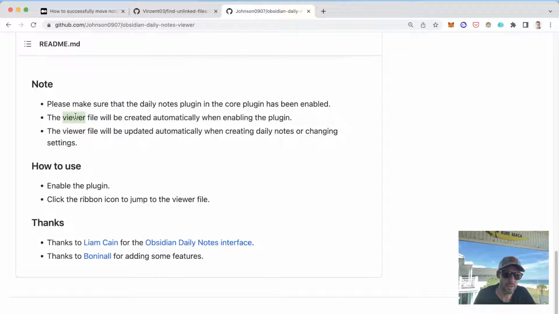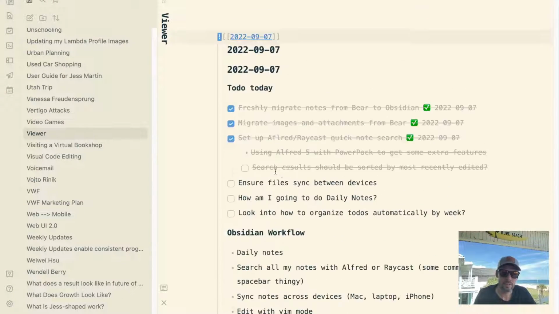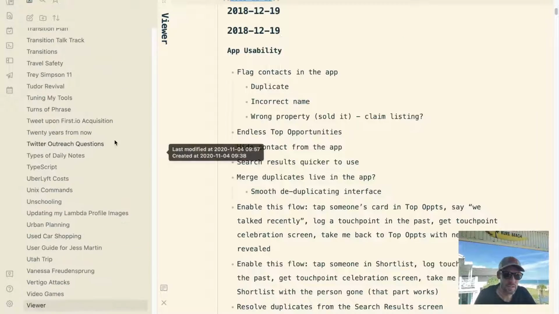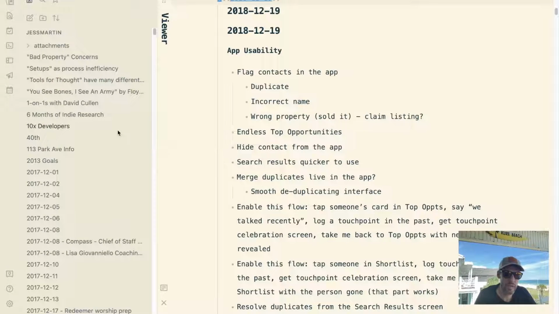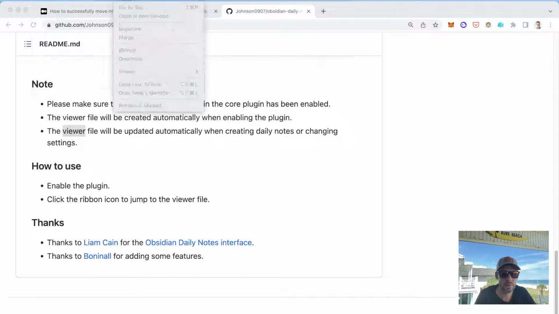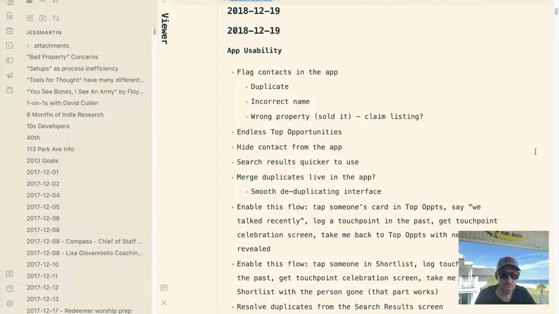I mean, they made it clear that it's a viewer file, not an editor file, so it's doing what was advertised, that's for sure, but it's a little bit frustrating in that it does not give me the actual behavior that I had in Bear, where I could actually copy things between notes, which is a little bit frustrating. Let's go make a note of that.